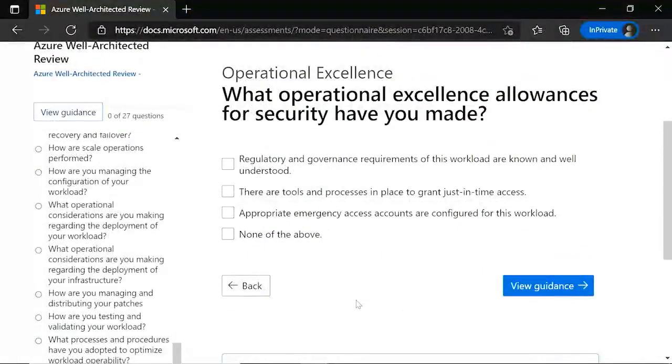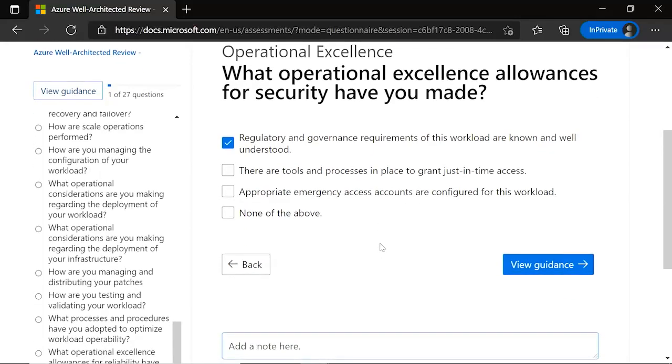All right, so now we've reached the last question of our operational excellence pillar. What operational excellence allowances for security have you made? Regulatory and governance requirements of this workload are known and well understood? Absolutely. That there are tools and processes in place to grant just-in-time access? Nope. Appropriate emergency access accounts are configured for this workload? Nope. And so now we've answered all the questions, and we can click here on the View Guidance button to